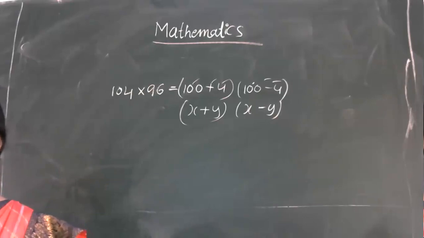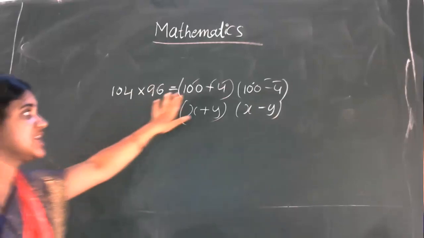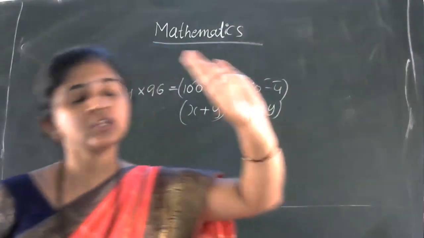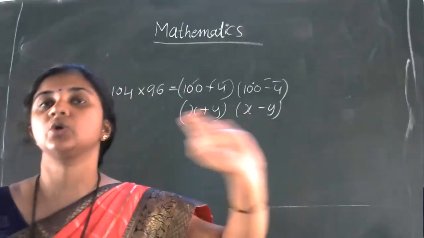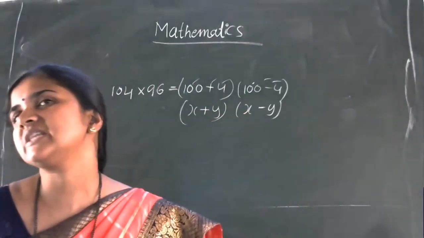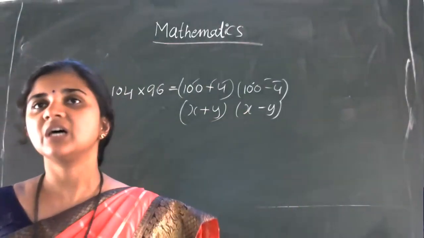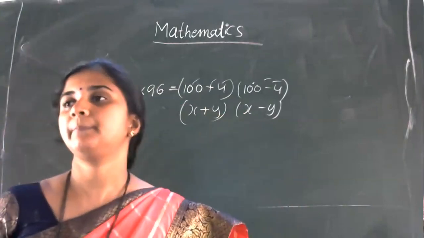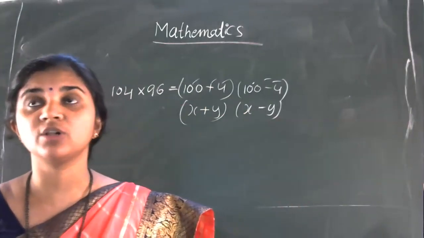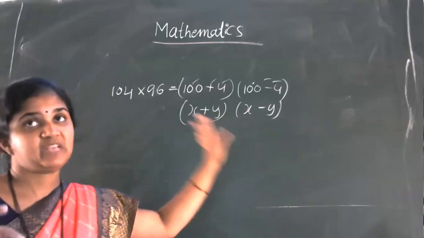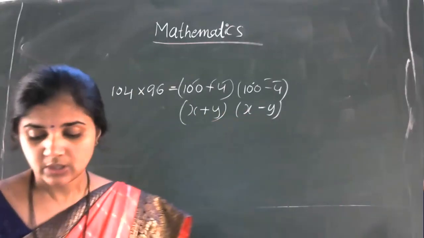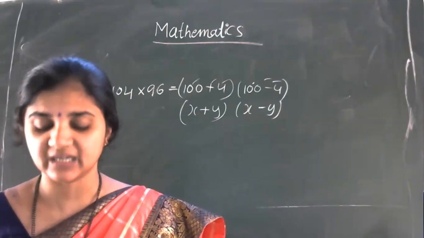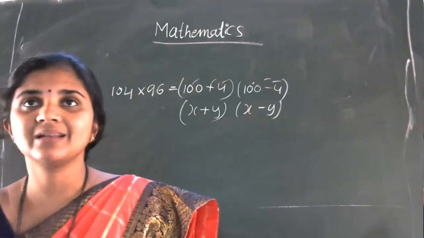Or you have a choice also. You can use x plus a into x plus b, the fourth identity, also. Not a problem. But which one is easy? That is the third one. The third identity is really easy, but you can apply the fourth identity also for this question. Is it clear? So this is about the second main, and the third main is very clear, using the identity factorization. Is that clear, students?